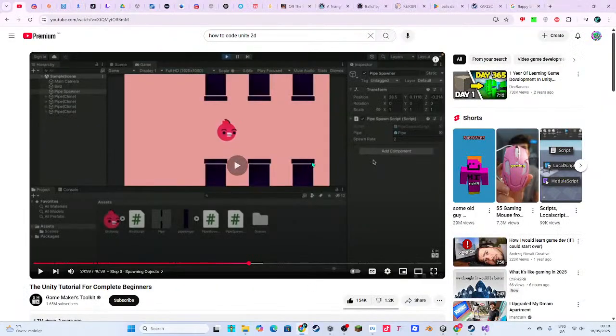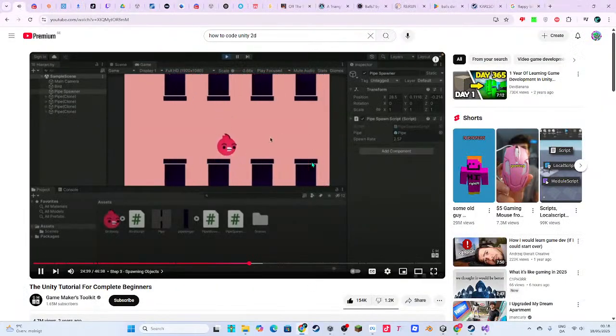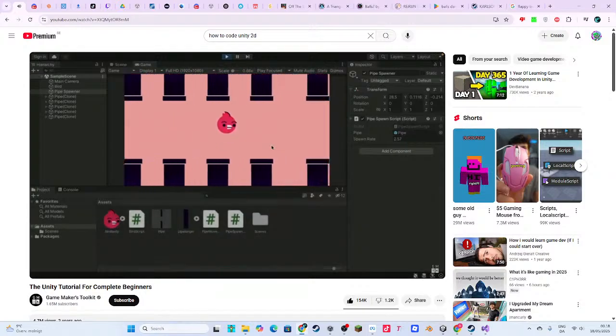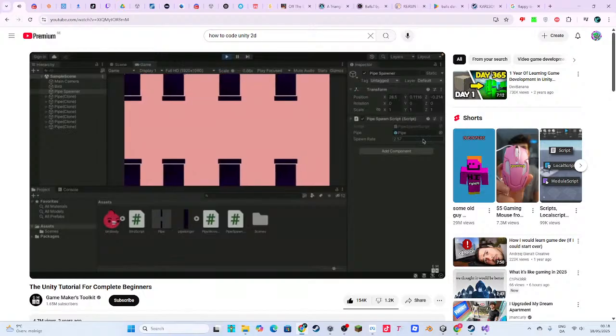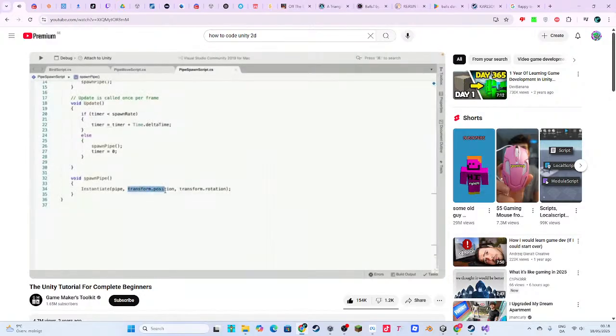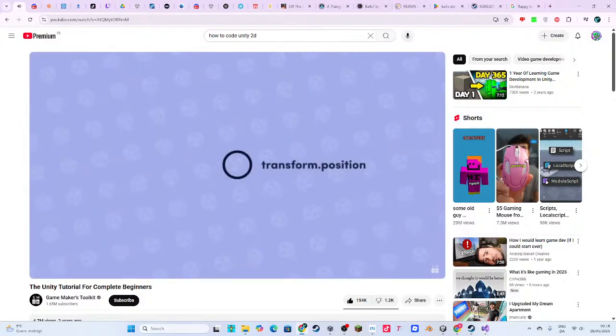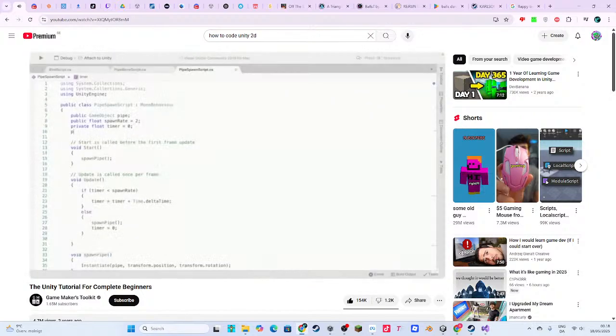However, this is a pretty boring game, right? The pipes always come out in the middle. We want them to come out at random heights. So remember that when we wrote the instantiate code, we had to pick a position for the object to appear? We'll change that value. Right now, the pipes always spawn on the same position as the spawner. We want the x value to be the same, but for y, we want to pick a random point somewhere above or below the spawner. So let's create a public variable for a height offset.